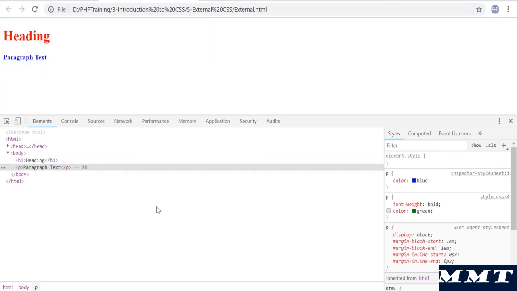Okay, I highly recommend you play around with this and you will get used to it, and you will find yourself doing this a lot rather than writing the CSS and refreshing the page. Okay, so you will find this inspect option in Firefox and also in IE, where you can dynamically change the CSS and it will impact your HTML content on the fly. Okay, so that's all about how to debug a CSS style sheet, and I'll see you in the next one.